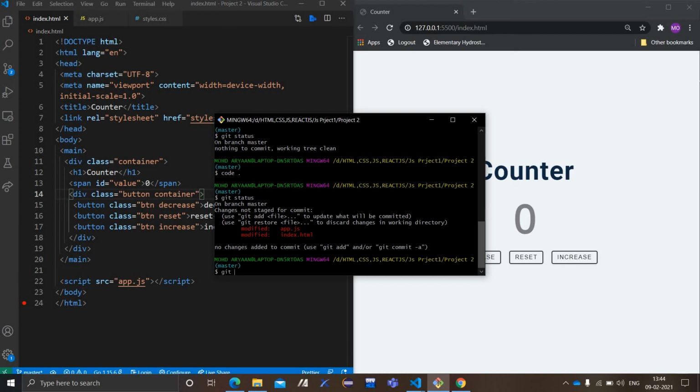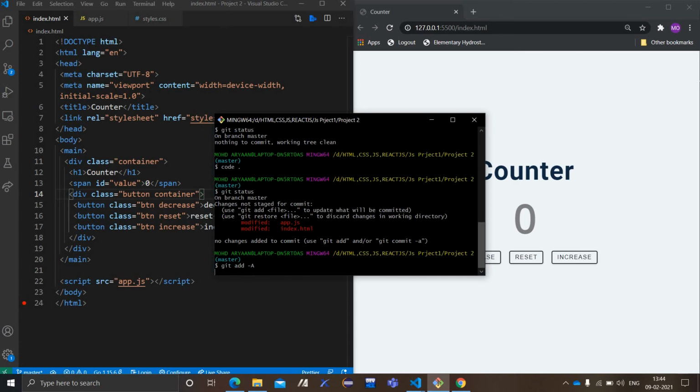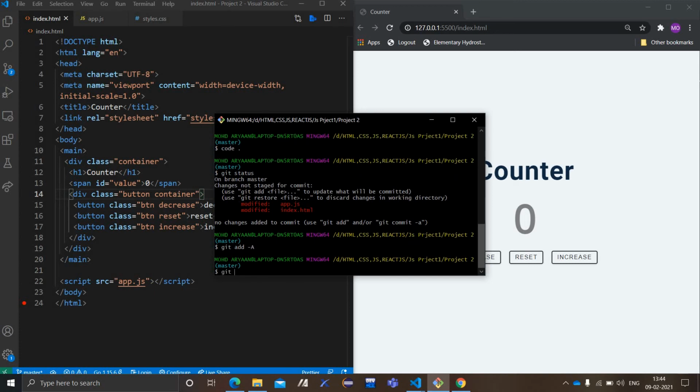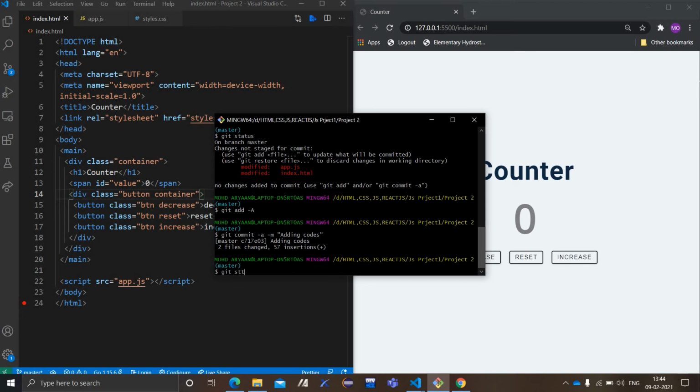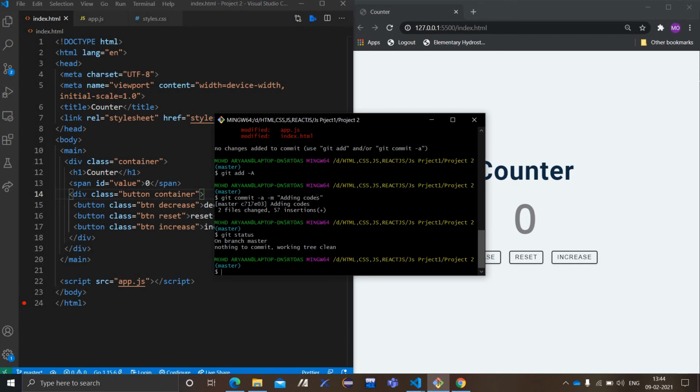So what I will be doing, in git add, say git add, then git commit -m, then adding quotes. So I completed my part.